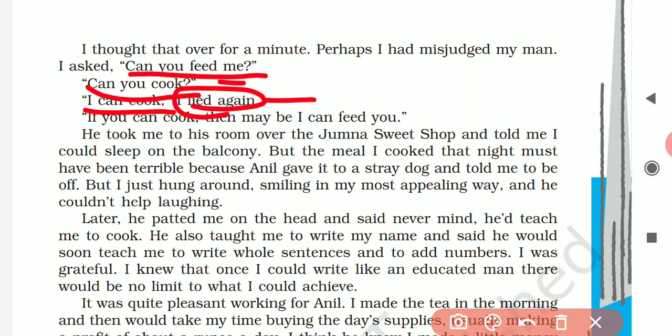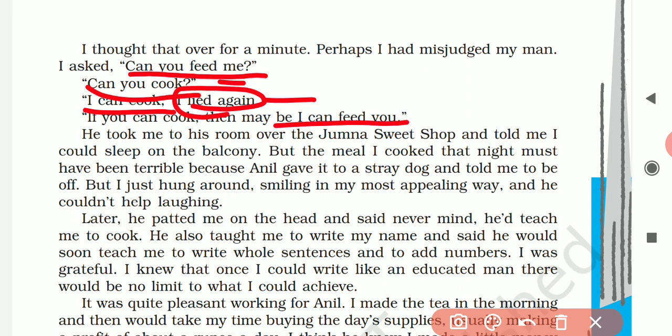He doesn't know how to cook food, but still, just to go to Anil's house and steal the money, he told him a lie again, and he said that yes, I can cook. If you can cook, then maybe I can feed you. This is the